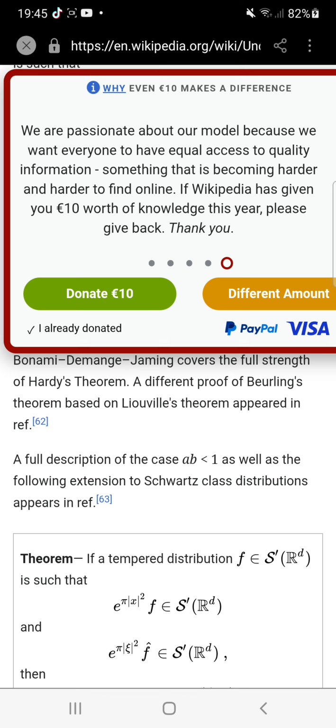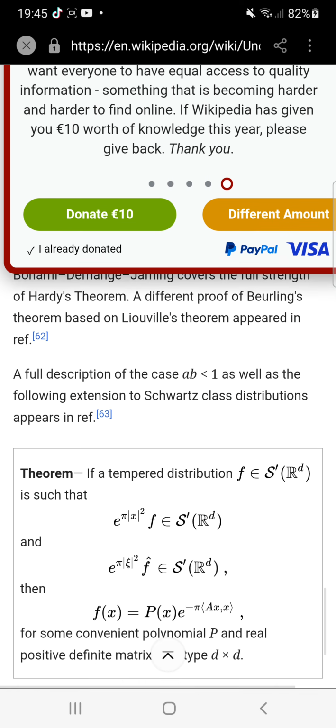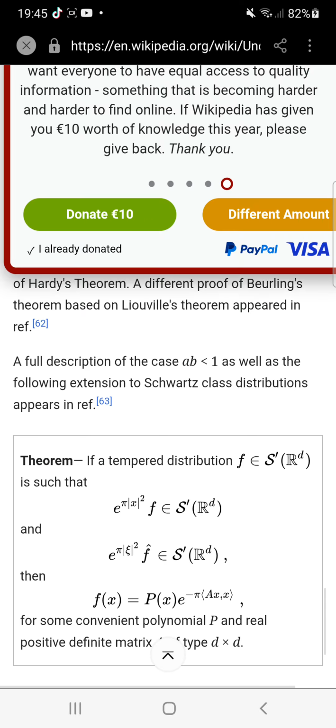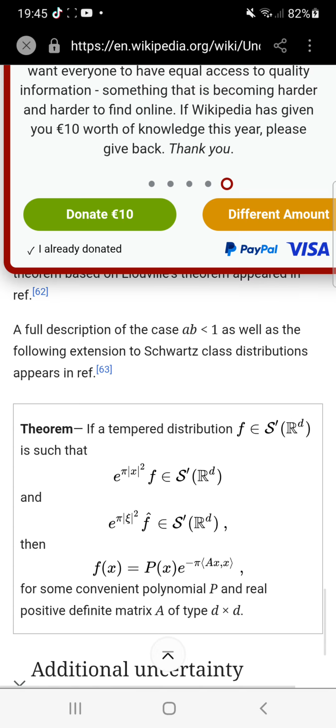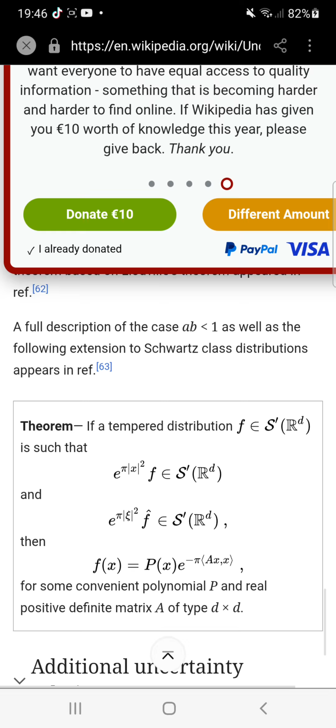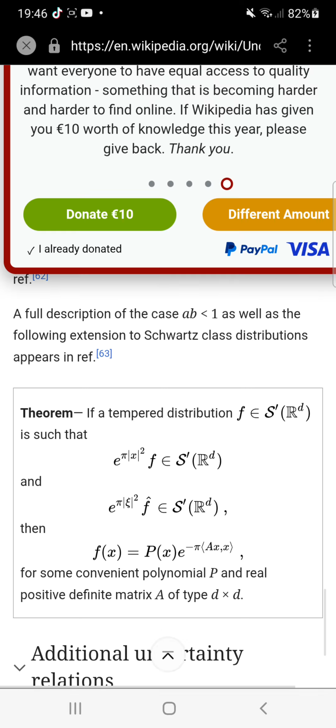A different proof of Beurling's theorem based on Liouville's theorem appeared in Reeve. A full description of the case AB smaller than 1, as well as the following extension to Schwartz class distributions,